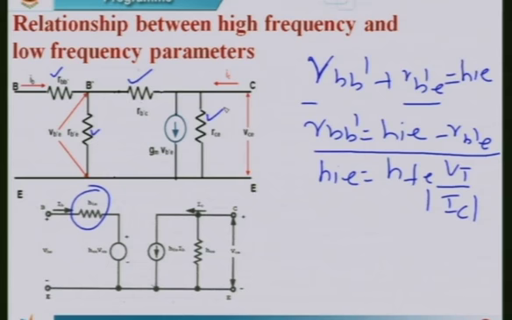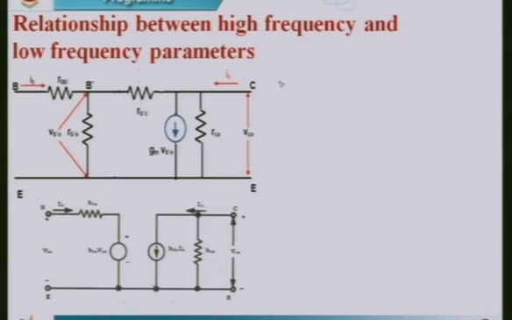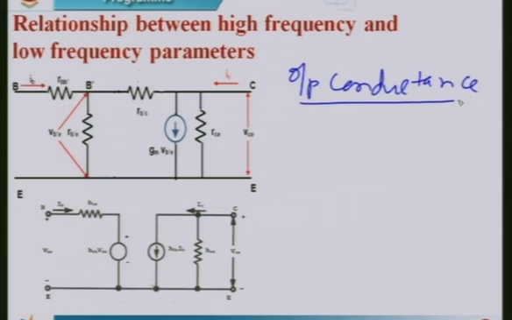Then what about this rce? rce is nothing but the resistance that lies between the collector and the emitter. This can be obtained, meaning we have to find the output conductance. Output conductance is given by gce, which is also equal to 1 by rce. If from this circuit analysis you apply KCL at this node, then IC is equal to the current flowing through rce, which is vce by